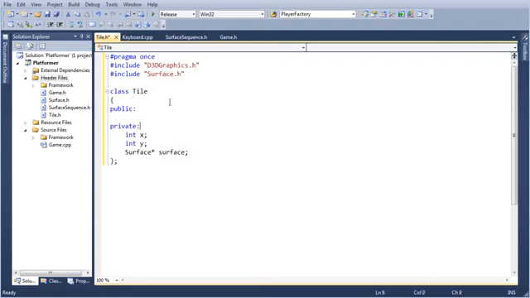Now here's the thing. Every tile in the tile map is going to have the same width and the same height. So if I put width and height like this, the wideth and the heighteth, it's going to waste a lot of memory if we have a big tile map for no reasons whatsoever. What I could do, and what I'm going to do, is we're going to do static int